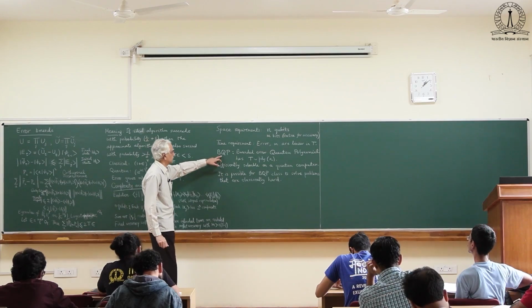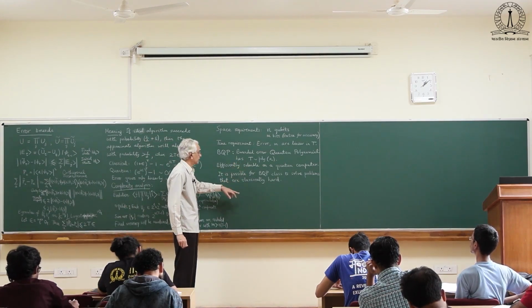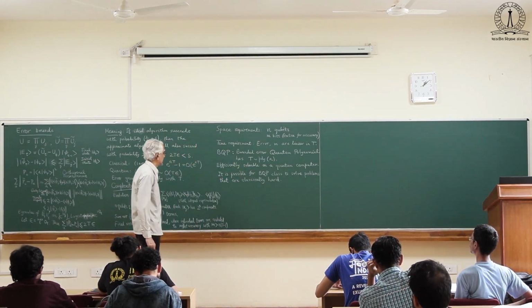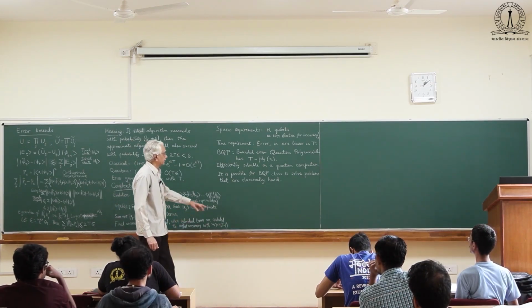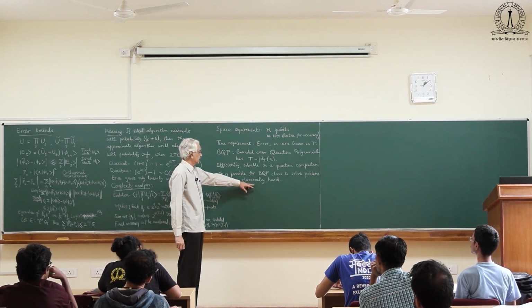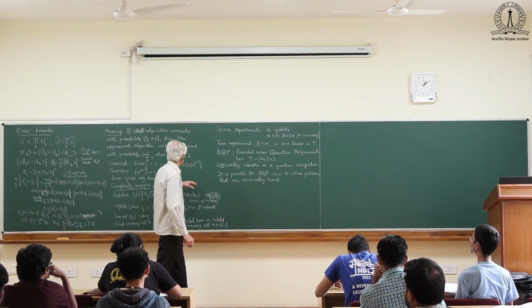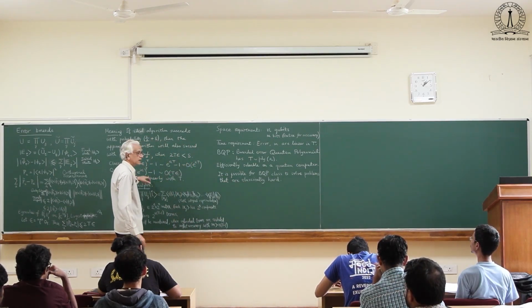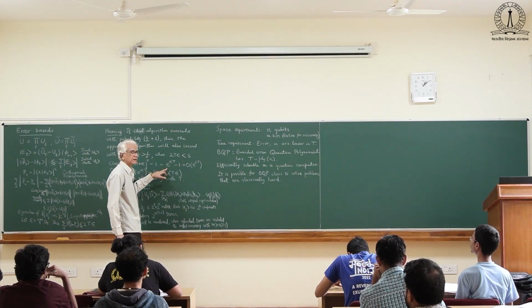So the quantum resources of BQP are explicitly polynomial, but the corresponding classical resources may be exponential. The difference is buried inside, in some sense, how fast the errors